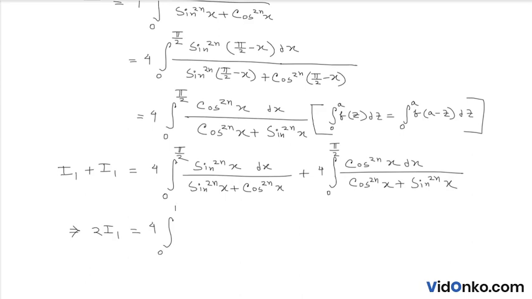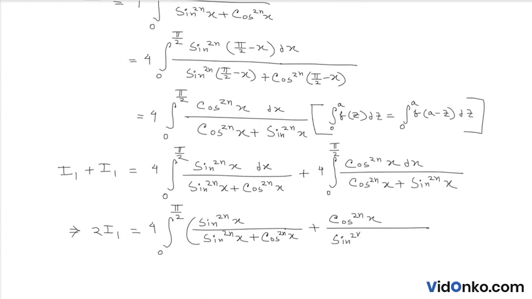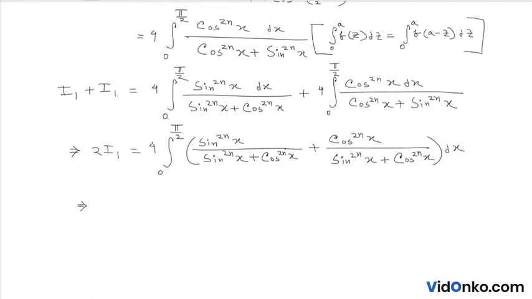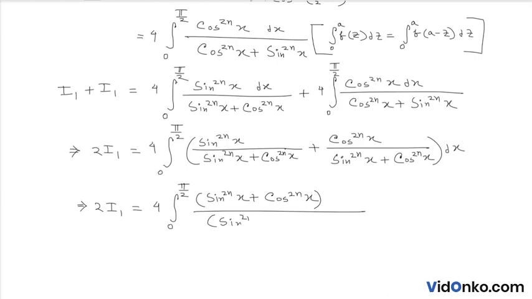তাহলে এখান দিয়ে আমরা কি পাচ্ছি, 2I1 equal to 4 যদি আমরা কমন নিই, এখানে আমরা একবারে লিখতে পারি, 0 to π by 2 sin to the power 2nx plus cos to the power 2nx by sin to the power 2nx plus cos to the power 2nx dx। তাহলে নেক্সট স্টেপে আমরা কি পাবো, 2I1 equal to 4 integration 0 to π by 2 of that ratio dx। এই দুটি ক্যান্সেল আউট।